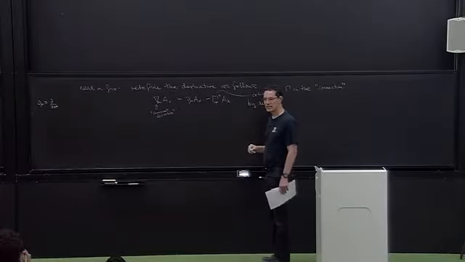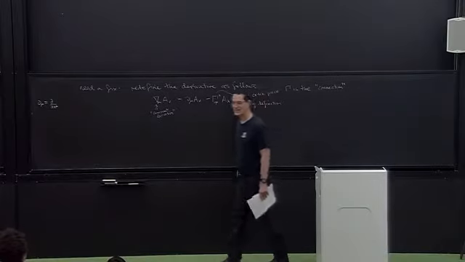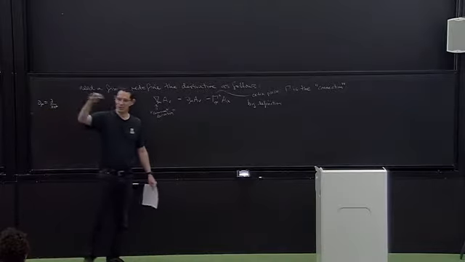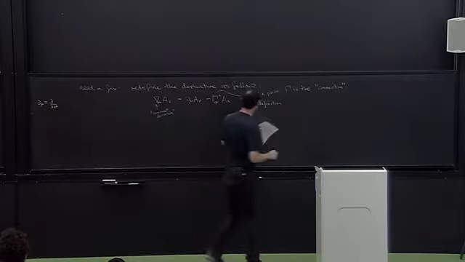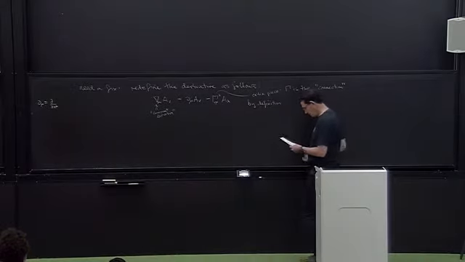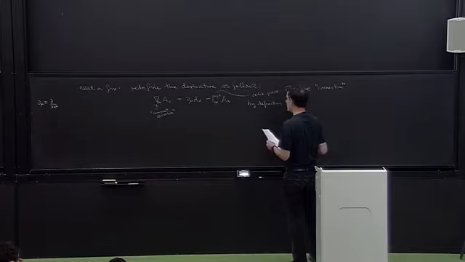sounds like a terrible fix, doesn't it? It didn't work, so I just introduced something to fix it. But we'll see that there's a whole string of consistency conditions which nicely fix what gamma is. Okay, so by definition,